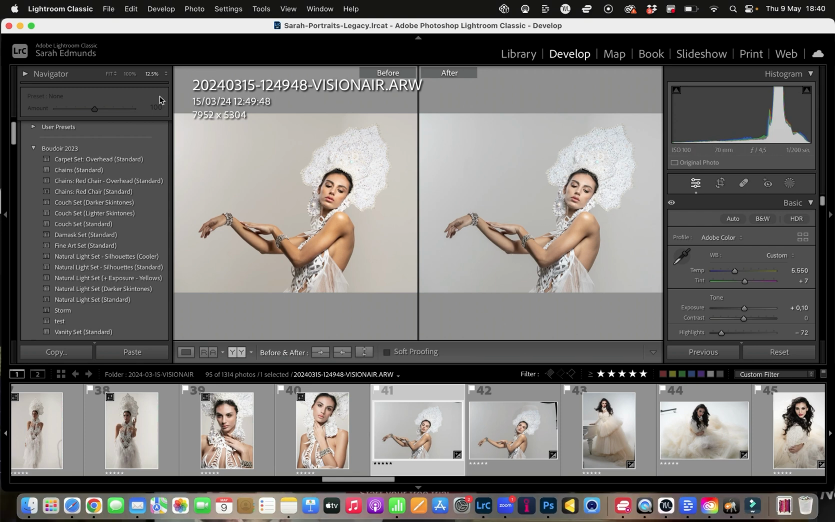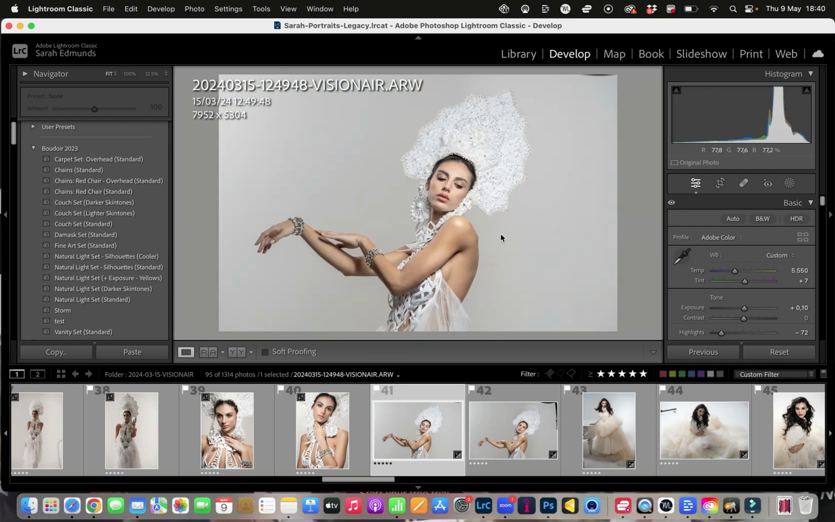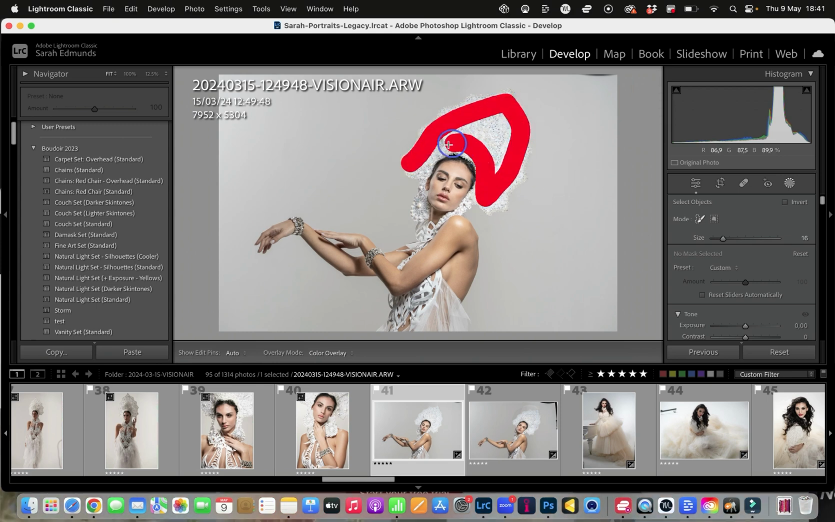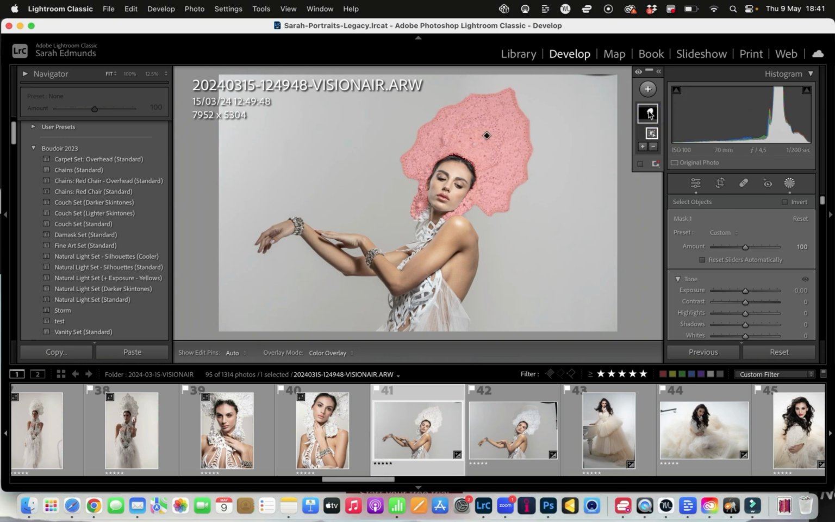And I'd also like to pull out the detail in the headdress. So I'm going to do this in several ways. First of all, I'm going to select the headdress, and I'm going to do that by using the new object selection tool. This is a super cool, quick way to make a selection and look at that, amazing, like magic. Now we just click the mask